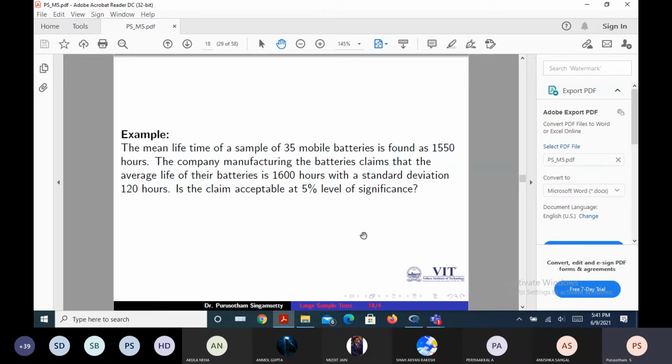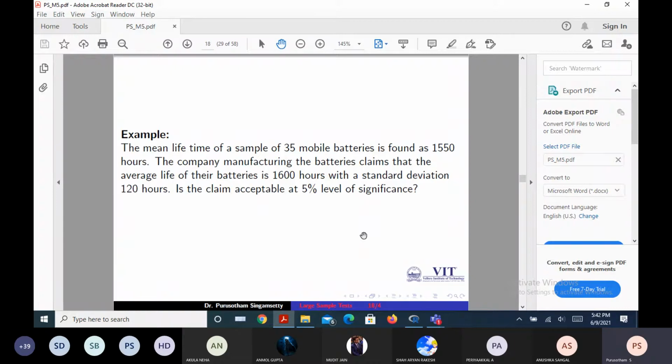Say there is one manufacturing company which is producing batteries, and you know the average lifespan of those 35 mobile batteries on an average. That information, you know. So actually the question is related to one sample. It is a single sample question, and that single sample, in the sense, you are considering the data related to a particular manufacturing company.